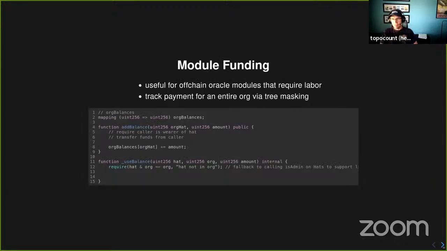So this first example is this concept of module funding. Say you have a module that provides some service to orgs using Hats trees, but it takes a quantifiable amount of money to use that integration, and you have a balance system built in. How do you account for activity from that organization? Well, you can have the caller, anyone from the org holding a hat from that org,